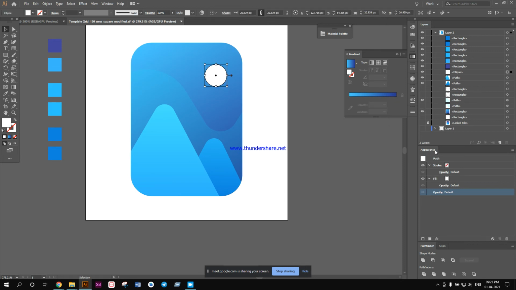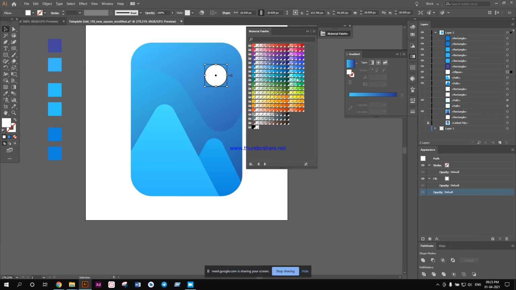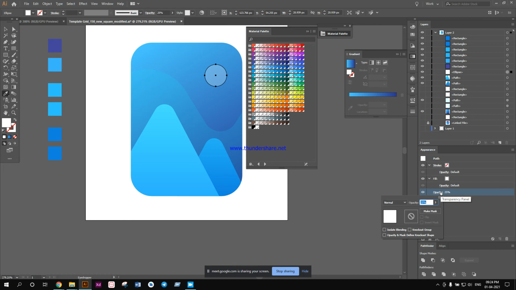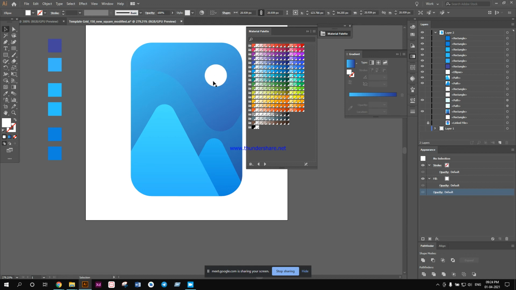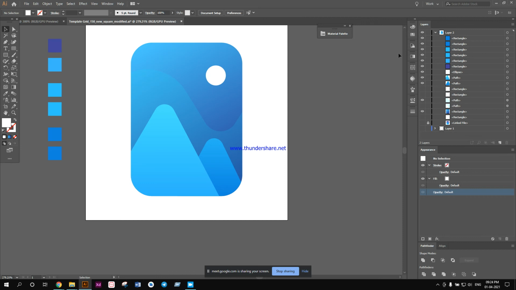Now for this, something like this and opacity to something like 25%. Okay, 25%. So I do that. I'll just keep it at 100. Okay, completely white. Make it a little smaller. Press Shift Alt and then make it small. Okay, so all the sides remain the same. Okay. This part is done.